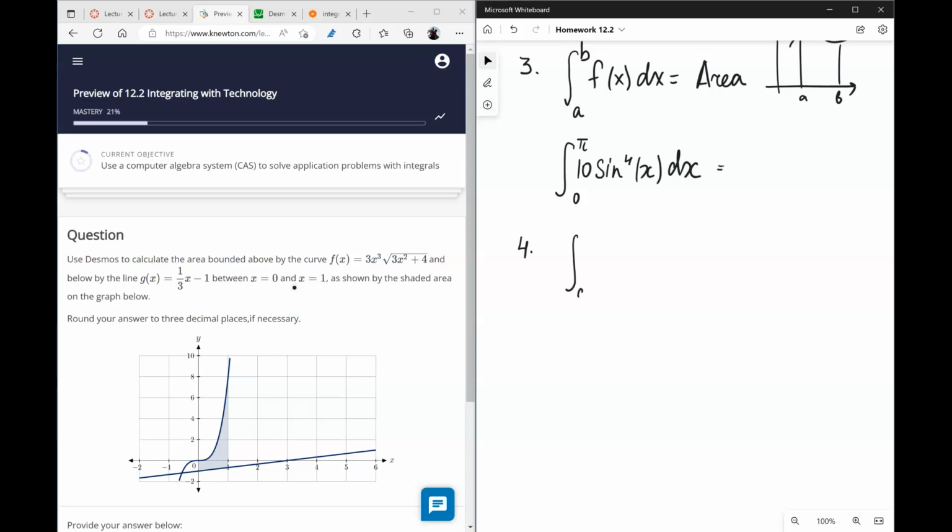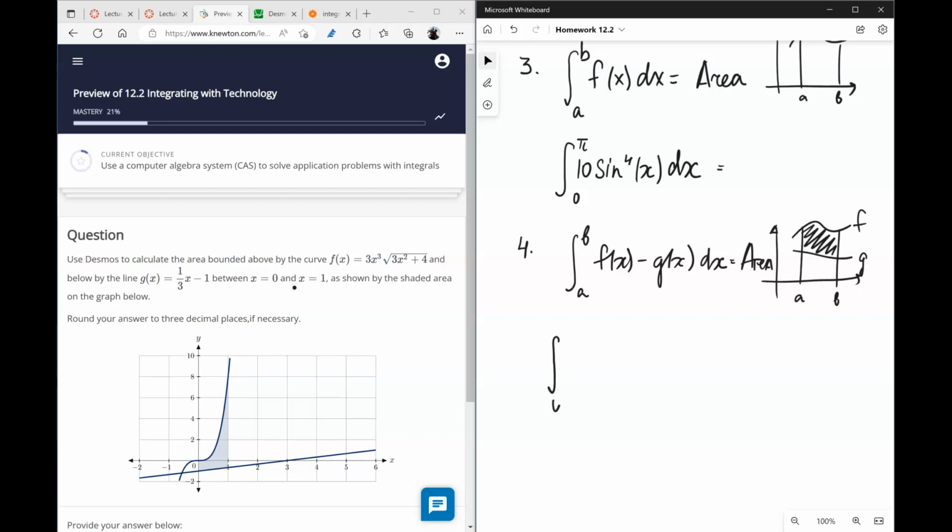So the area between the graphs is the integral of the difference of the two functions. The one that is greater goes on top. The one that is below goes on the bottom. So this is your f, this is your g, this is your a, this is your b, and this integral computes this area. So that means in our problem we are asked to find the integral from 0 to 1